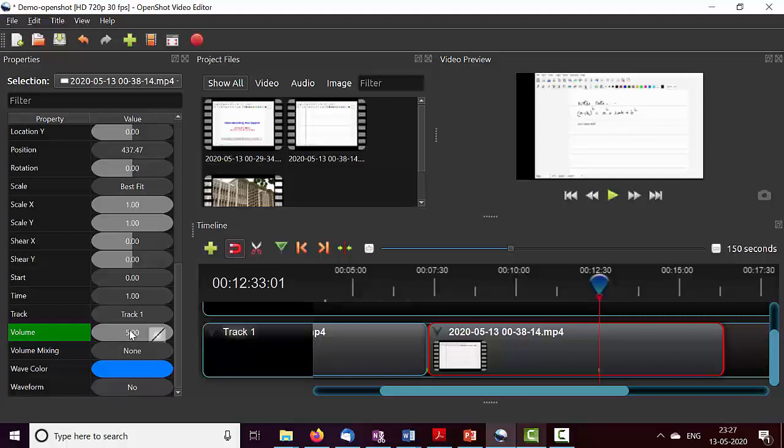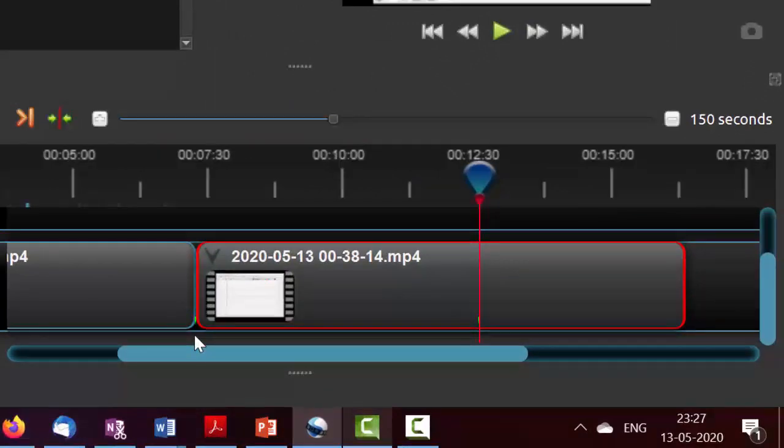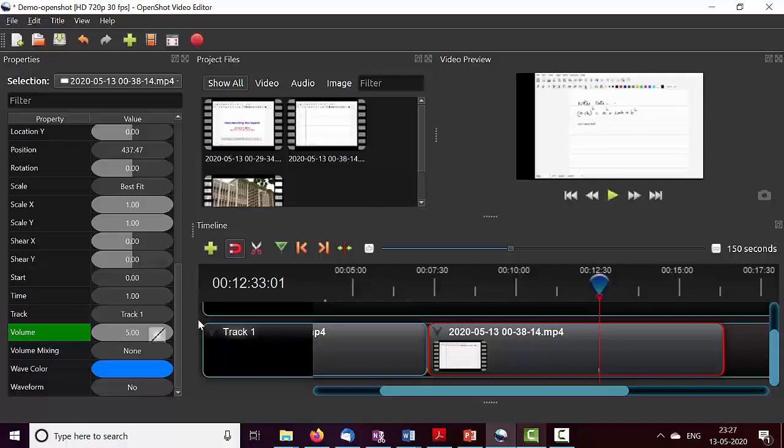Here is one very important thing to keep in mind. As you saw, it is showing something linear here. You can also see some green dot here as well as a green dot here. These are indicating some positions where I have made some changes. Notice here I have set it to 2. Here I have set it to 5. Now if I have this linear curve here, what this is going to do, if you see, it is changing the volume. In other words, it is moving from 2 to 5. This is something you don't want because it will sound very odd.